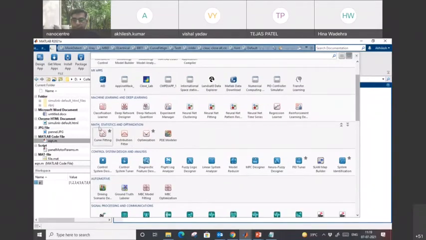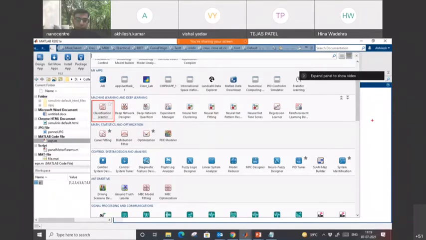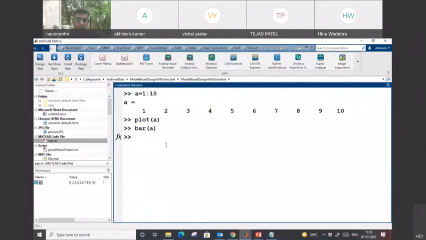Somebody is working on machine and deep learning, and if you want to compare your machine learning with multiple algorithms like support vector machine, regression tree, or random forest, you can use these apps and you don't have to write a single line of code. Automatically your data will be executed for every algorithm, and you can get the accuracy from all the algorithms available there. Once you install MATLAB, you will get these apps.